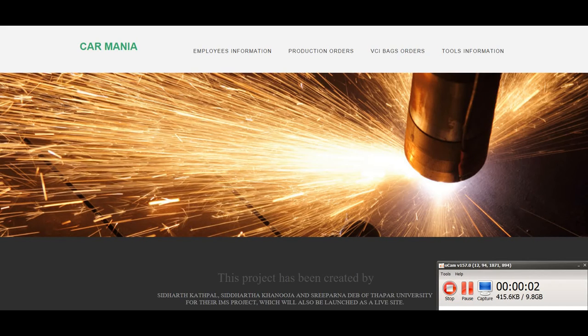So this is our IMS project with the name of Car Mania for the subject code UCS304, and the team members in this project are Siddharth Khanuja, me, Siddharth Katpal and Shriparna Dev. This project is a product-based management system for a medium-sized factory in Ludhiana, and it will go live in the